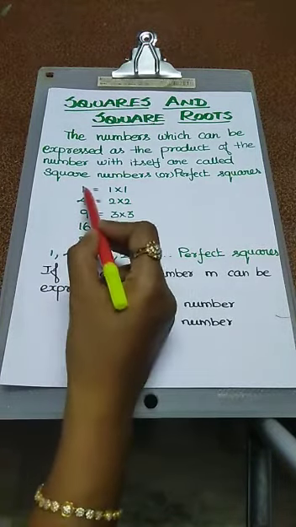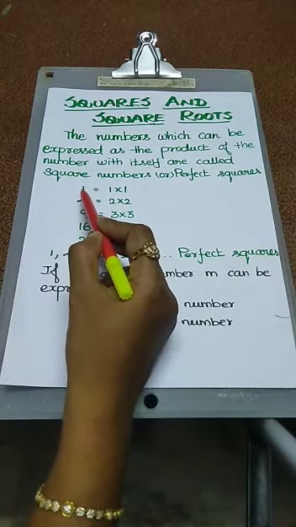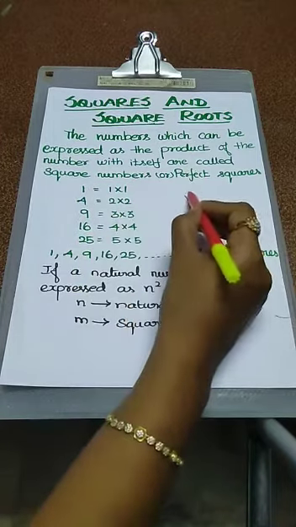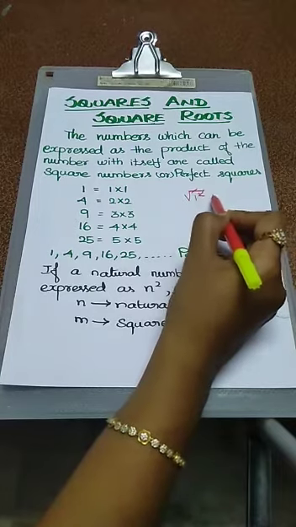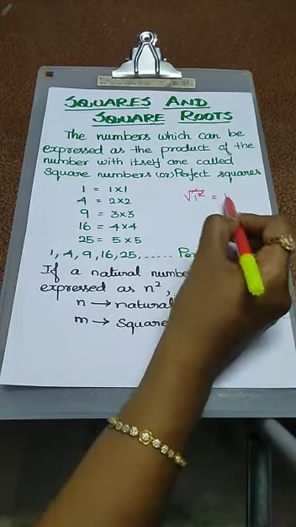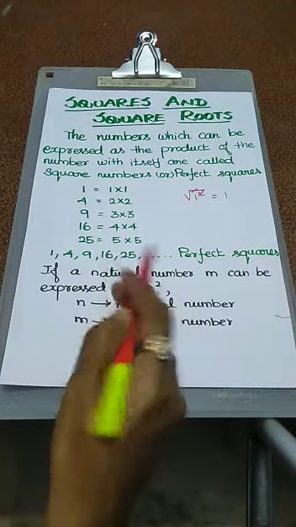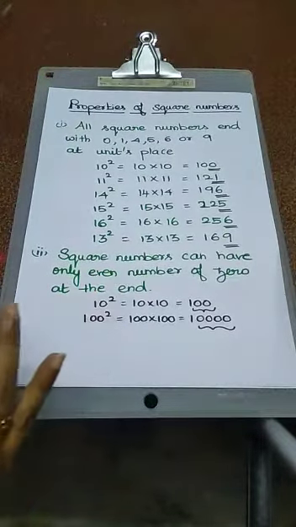How can we say these values? Suppose we apply the square root for 1, we have to write the value 1 into 1, that is 1 square. Now we just cancel the square root and the square, so we take the value 1 from the square root. The same procedure we have to follow for all the numbers. The next one, properties of square numbers. Actually these are some rules also.